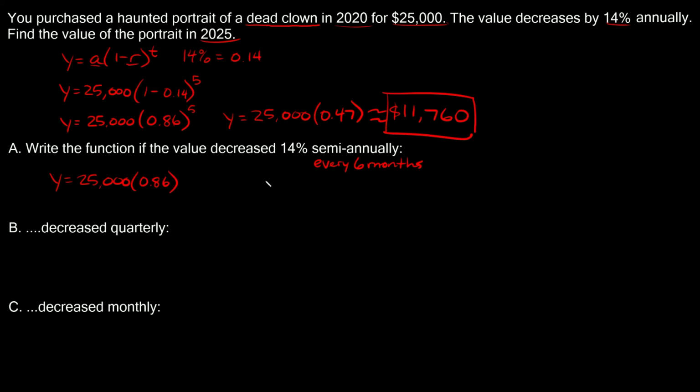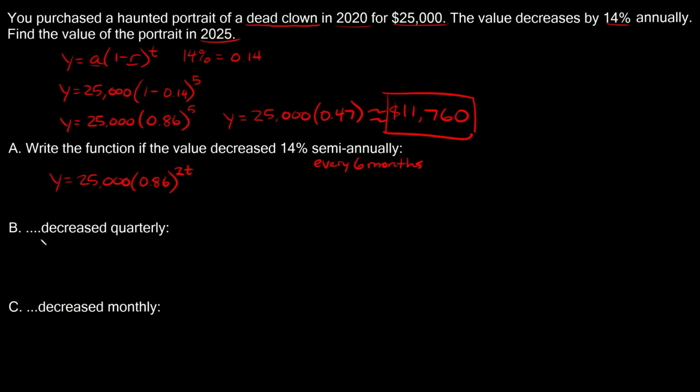Okay, how is it going to change? Well, remember t you want it in years, but this is obviously not in years, right? It's saying every 6 months, okay? So how many 6-month periods are there in a year? Well, there's 2, right? There's 2 6-month periods in a single year. So then instead of just having t up here, we would actually have 2 times t. So you could just write it as 2t like that,